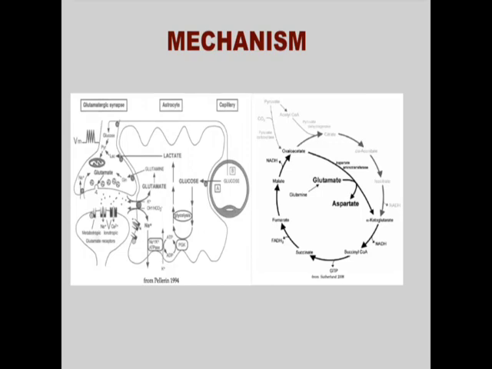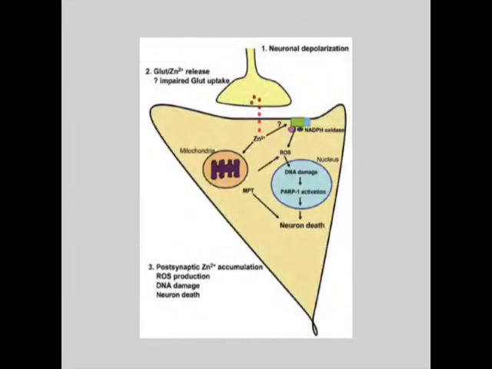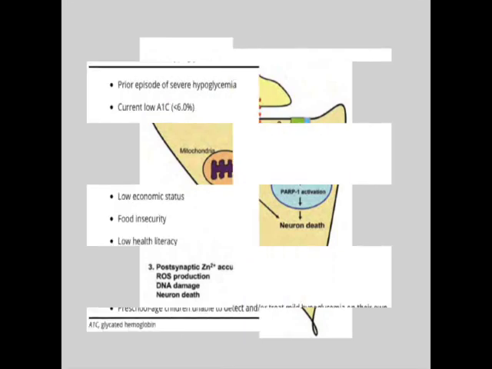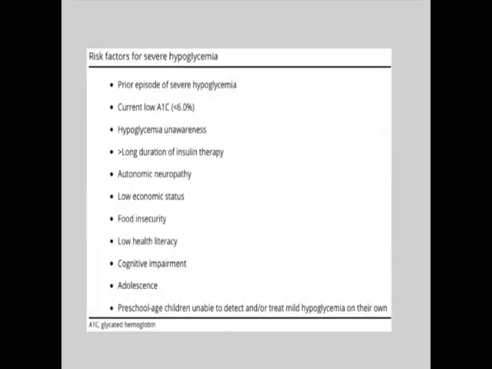neuroglycopenia. However, the presence of glutamate, or even using glutamate as a substrate, causes an increase in aspartate. Aspartate and glutamate are both excitatory neurotransmitters, and when they bind to postsynaptic neurons, that causes the influx of zinc. It causes creation of reactive oxygen species, and if that overwhelms the neuron's ability to handle reactive oxygen species, then it can lead to neuronal cell death. So these are the proposed mechanisms by which the brain conserves its energy during hypoglycemia, and why patients are able to recover. So prevention and treatment of hypoglycemia is obviously quite important.